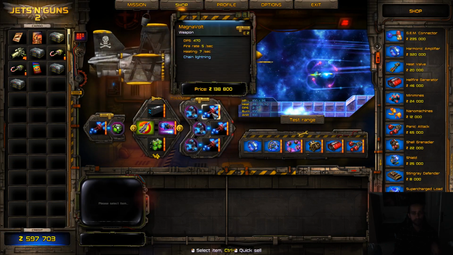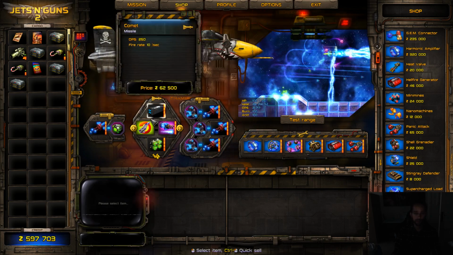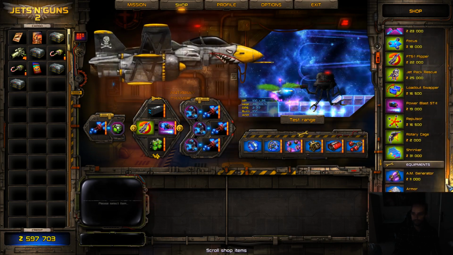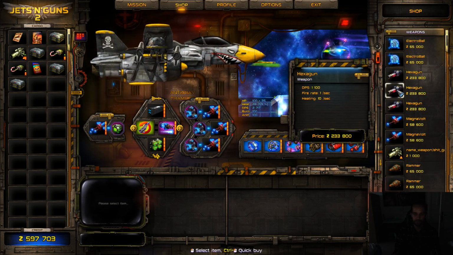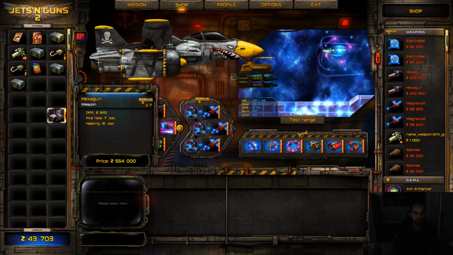I think they tweaked the Magnavolt. It's nowhere near as powerful with the blast projector as it was before. So yeah, that's kind of disappointing. What they did increase is the hexagon's damage. You can actually see the hexagon has a base DPS of 1100, and if you upgrade this son of a bitch, you can see that it has a DPS of